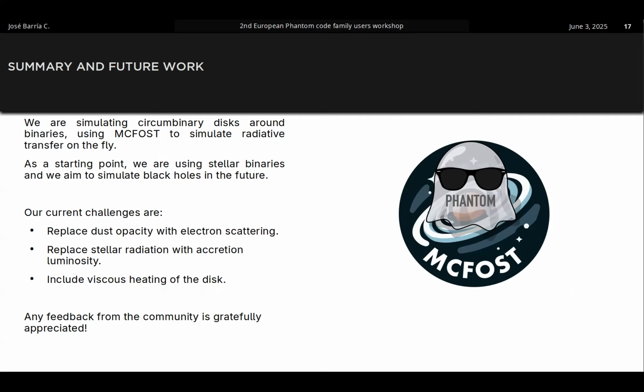Yeah, we actually thought about that. We are not simulating the inner parts of the black hole, the very close vicinity. Instead, we use very large sink radii for the two black holes. So for now, we don't count the relativistic effects. We plan to use it in the future, but as I mentioned, I've been working on this project for less than 2 months. But we will do it.